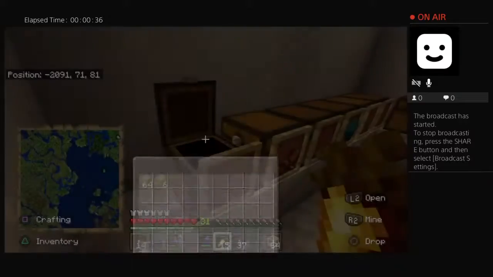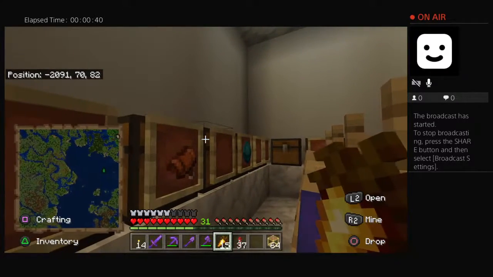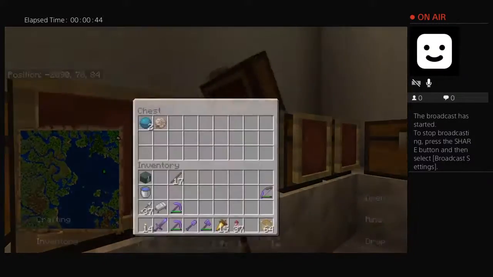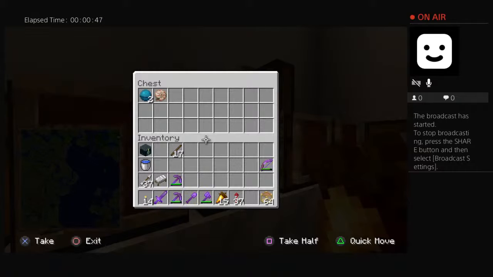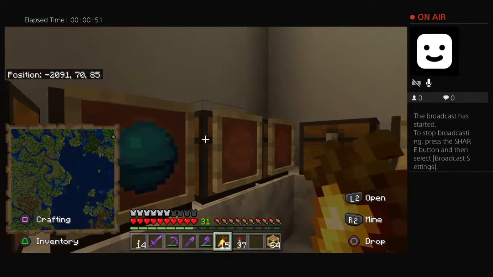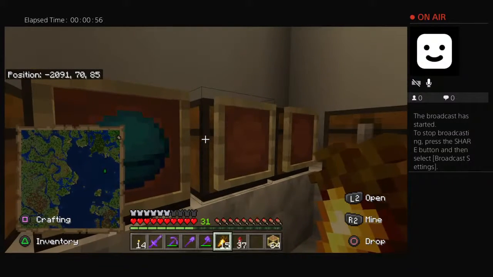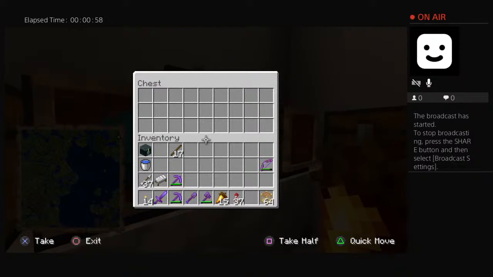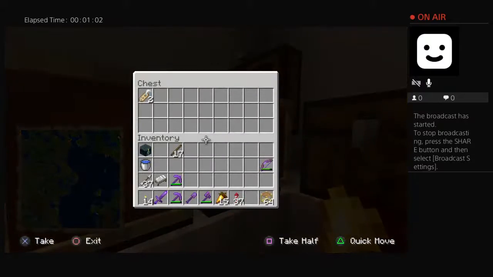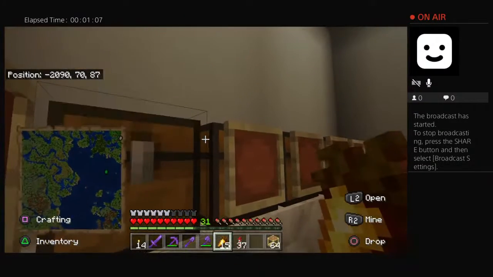So we've got sponges, saddles, those things that create things that fall from the sky. I've got hearts of the sea and shells. Obviously, I don't have new shells yet. For some reason, that's out. What was that? Oh, that was wither skulls. Yeah, that's gonna happen. Name tags, horse armor,